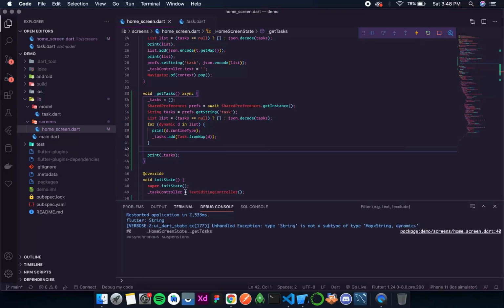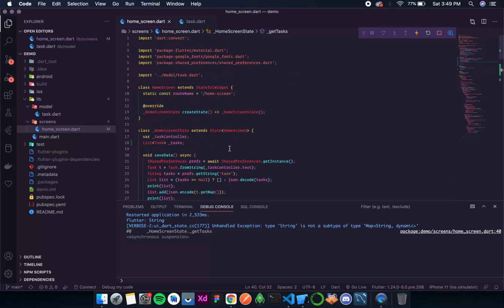And so the error is that dynamic d is of type string. Okay. So I think what is happening is that there are two levels of encoding. First, the map is encoded to a string, and then that string is added to a list, and then that list is encoded to another string. So over here only one decoding is happening. So let's decode it once again. Like when we decoded the list, we got strings of the map that we were encoding over here,